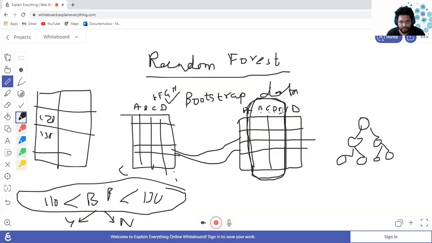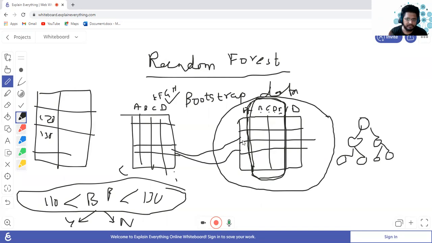So from considering only this data set, if I create a decision tree with whatever algorithm we know about Gini impurity, and I consider all the columns, I will create a decision tree. That means there is a unique decision tree for this data set. But my plan is to create multiple decision trees from this data set, not only one.